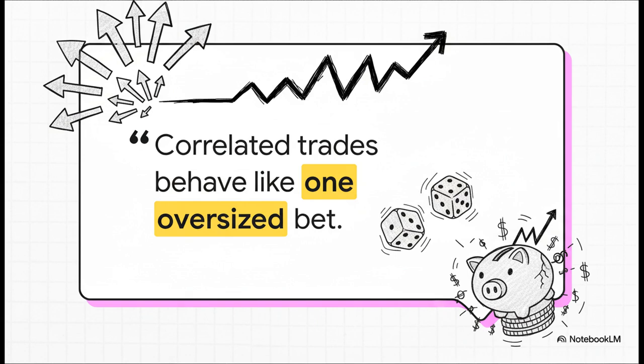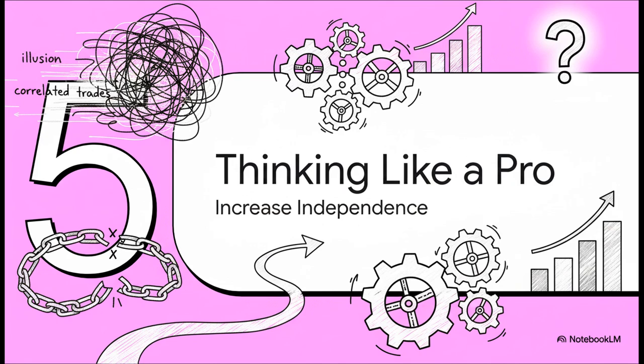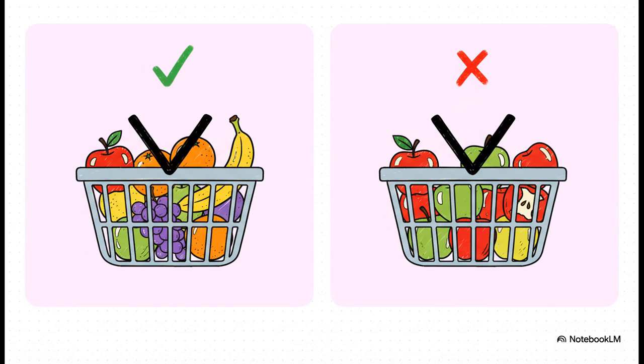This quote really says it all, doesn't it? This is the perfect summary of what we just saw. High correlation turns your well-thought-out strategy into one giant, clumsy, all-or-nothing bet. So, knowing all this, how do we escape this trap? How do we stop thinking like an amateur and start thinking like a professional? The rule is actually really simple. You can trade more, but only if you increase independence. Real diversification means trading different stocks, different strategies, things driven by different factors. Fake diversification? That's just trading different strike prices on the same stock, or worse, re-entering a losing trade because you think this time will be different. It won't. It's the same bet.